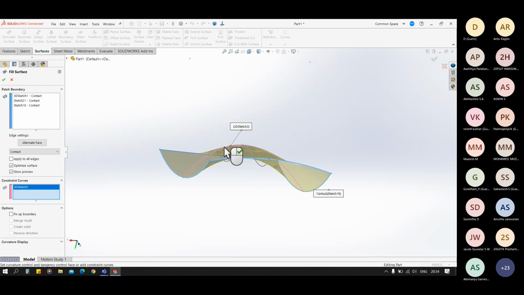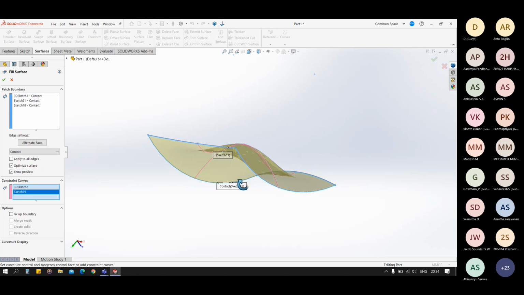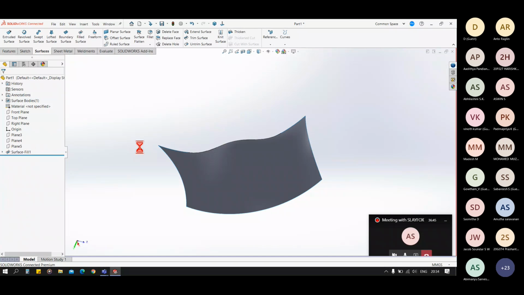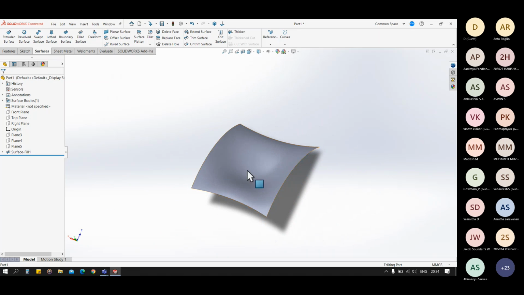So in the constraint curve you can add a direction to it, using a filled surface.